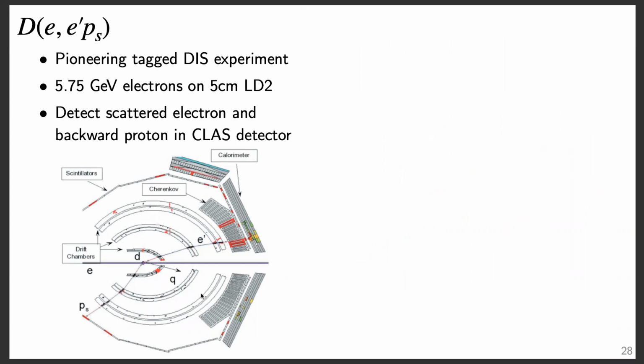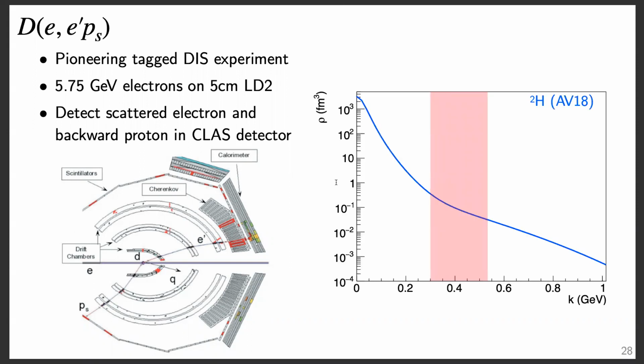So Deeps was the pioneering tag DIS experiment. It also ran in Jefferson Lab Hall B. Once again, it was the 6 GeV era, so they ran with 5.75 GeV electrons on a 5 centimeter liquid deuterium target. In this case, the scattered electron was detected in CLAS, but also the spectator proton. And so this is the relevant part of the wave function that Deeps was trying to single out, looking at spectator momentum between 300 and about 500